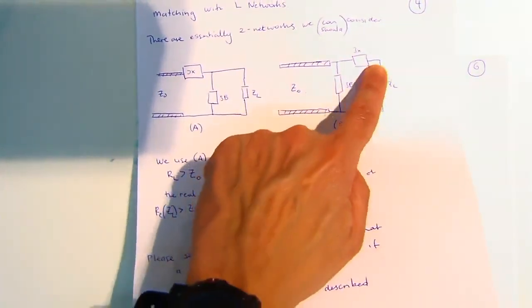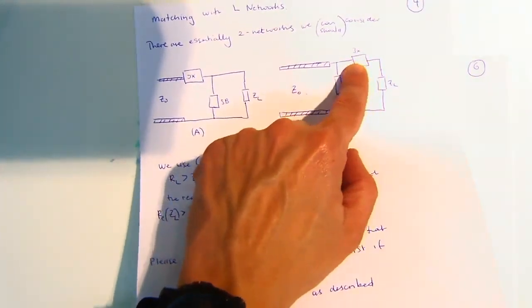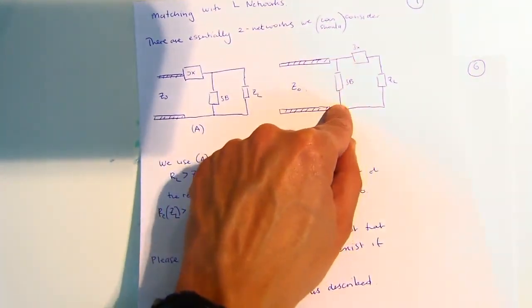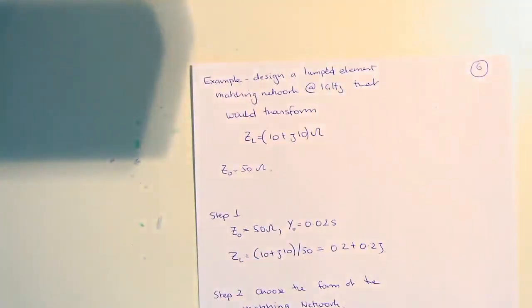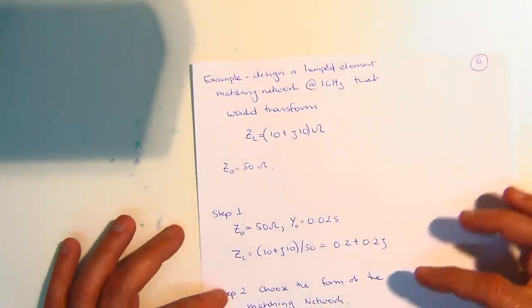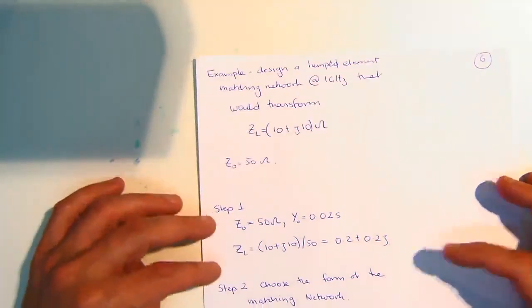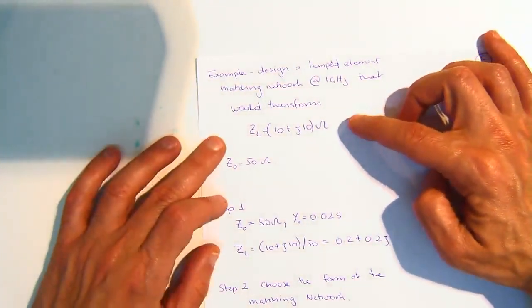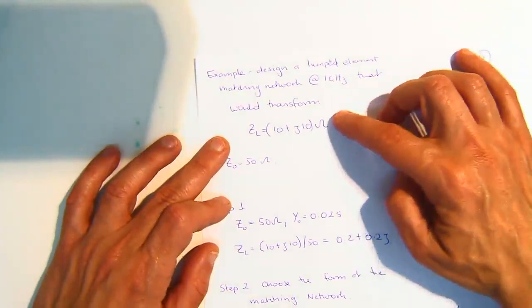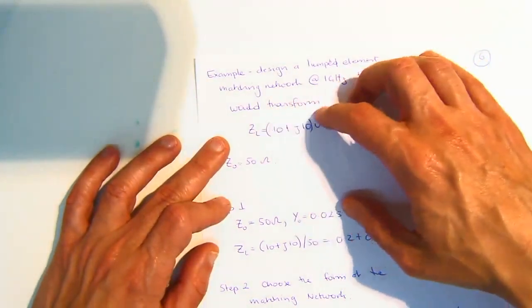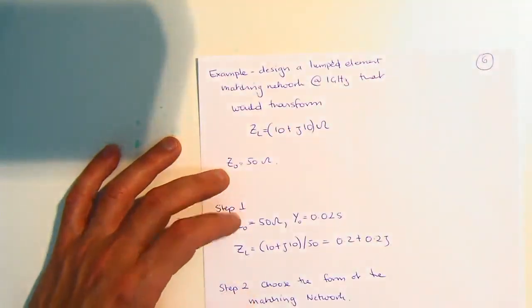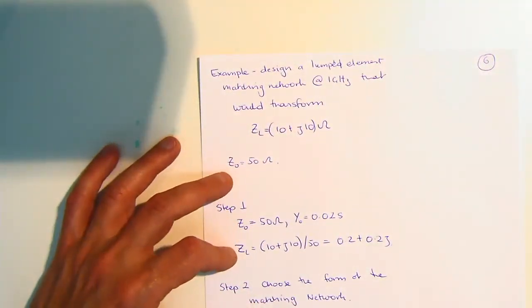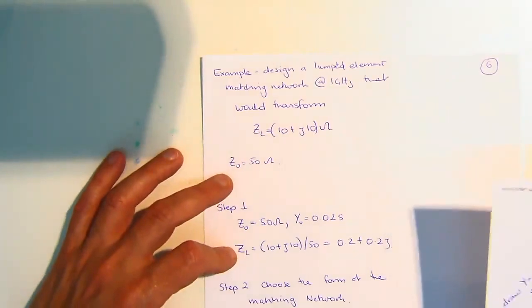Right, so I would have a series component first and then my shunt element. Right? Okay. So we know the form of the circle that we're going to use. The first thing that we will do is we've got ZL equals 10 plus 10jω, Z0 equals 50. So let's work out what ZL is and put it onto the